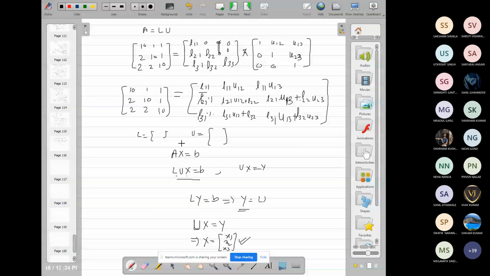So first you have to determine L and U. Then substitute in the equation, here take Y is equal to y1 y2 y3 and then here putting the value of L and B, we obtain Y, and after obtaining Y put here U is known, UX is equal to Y is known, U is known, X is unknown, X is the column vector x y z. So finally we obtained X. Solve it.